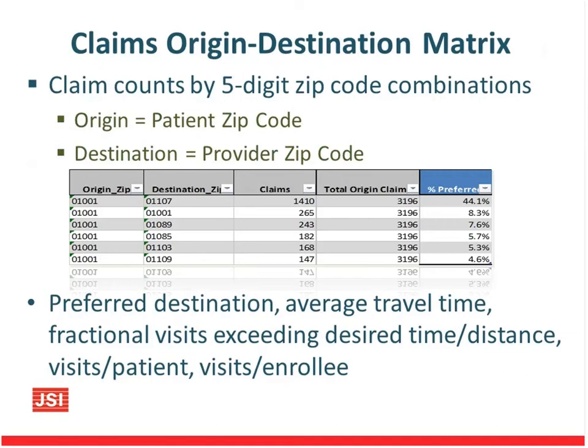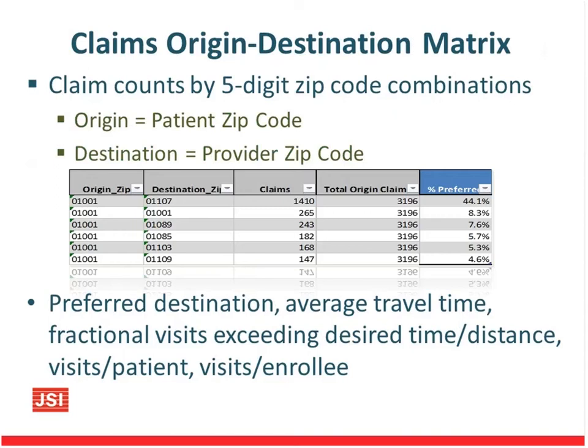Now, you probably want to take off the ones in the 2-visit combinations, because those, you could have someone from California that was visiting New York at the day they got sick, and they'll show up. You don't want to try and represent that, because that one person's going to look like they went 3,000 miles for care. But if you get down to, usually if there's 10 or more visits, there's at least some pattern